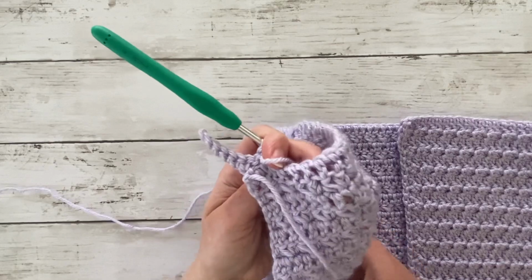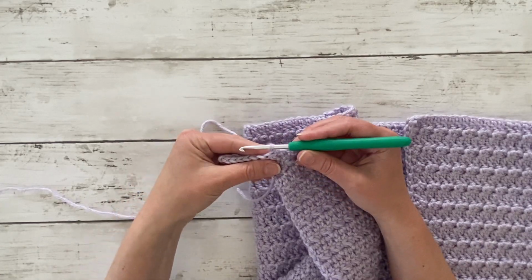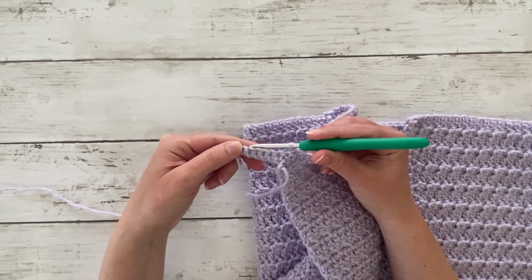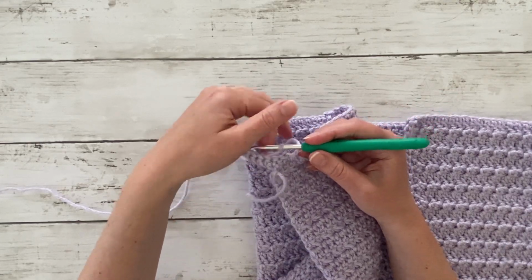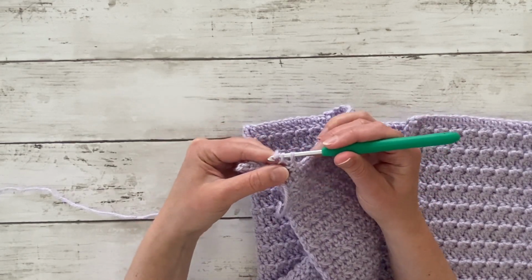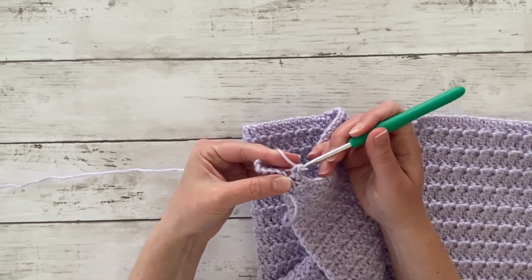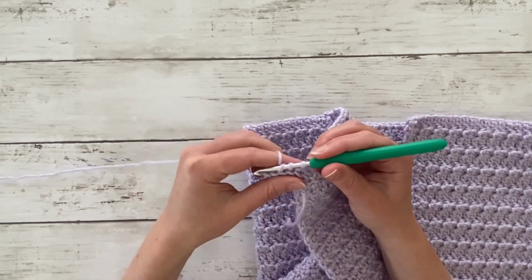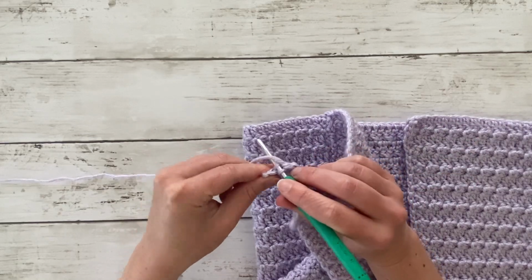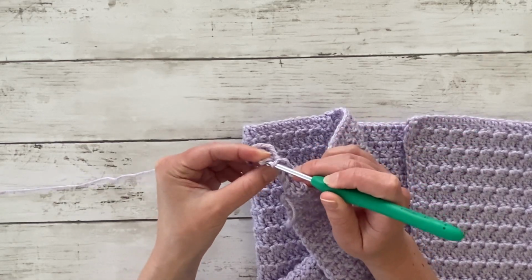We're going to turn and keeping that on the outside again, same as you did for the cuff. We're going to back loop only in the first 5, or the first however many you have. Then you're just going to do a normal single crochet in that last stitch. So I'm going to do 5 single crochet back loop onlys into my ribbing. Again, we skipped over, remember that slip stitch. So that's basically just our turning chain. In these instances, we're skipping over that. So 5, and I'm going to do a normal single crochet through that whole stitch,